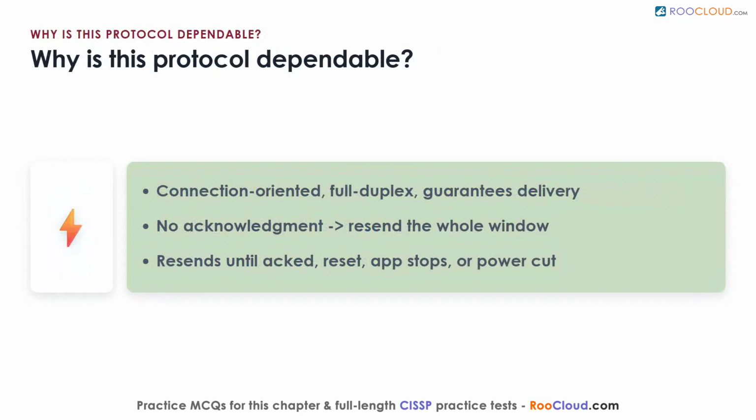Why is that protocol considered dependable? Because it refuses to give up on missing data. It is connection-oriented and full duplex, and it guarantees delivery. If a window of data arrives incomplete, the receiver sends no acknowledgement, and after a timeout, the sender resends the